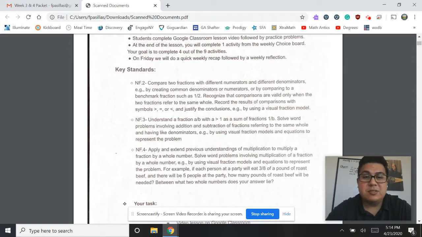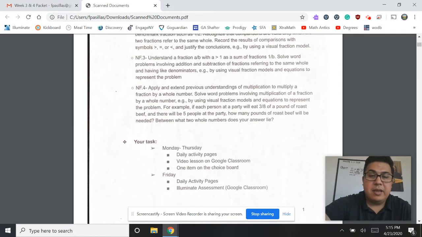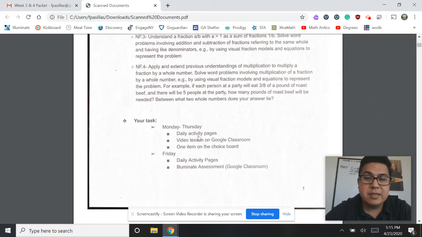The great thing is we reviewed these, or we've actually learned all these standards before we even left school. So this is all review for your student. However, we want to make sure that your student still has mastered these standards. We are going to be going over fractions with our fourth graders, and they love fractions. So they're going to really enjoy this packet. With these fractions, we're going to be comparing fractions as well as extending their knowledge of that and going into multiplication of fractions. At the bottom of this page, you're going to notice the task, and we set it up